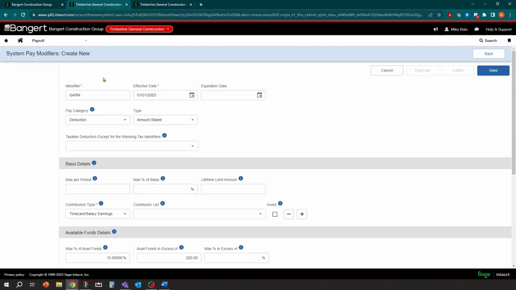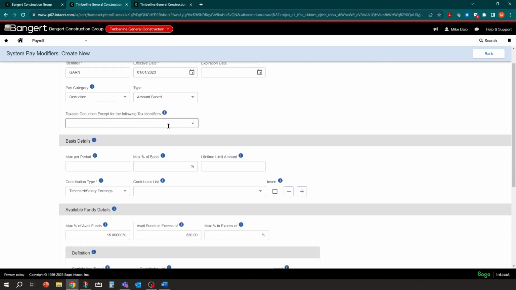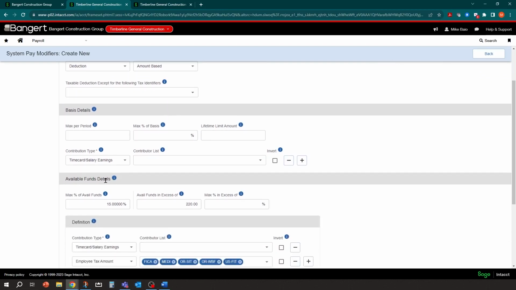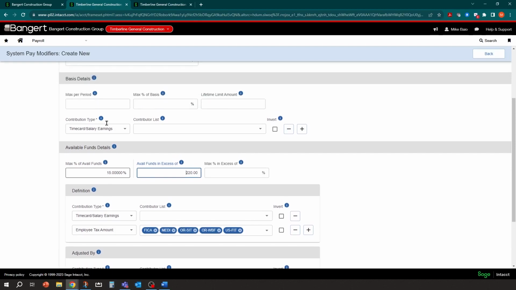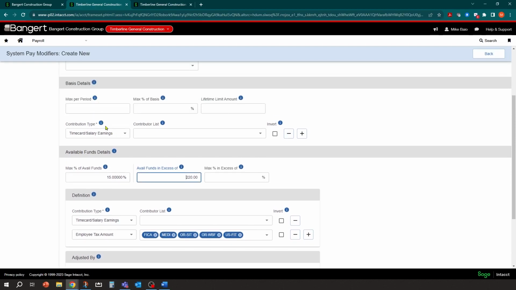So again, to recap, we define an identifier. It's an amount based. We're going to do it off of available funds. So it's 15% of available funds after 220 of available funds. So for example, if after taxes and child support, the net pay for this employee is $200, it's not going to give them this garnishment.